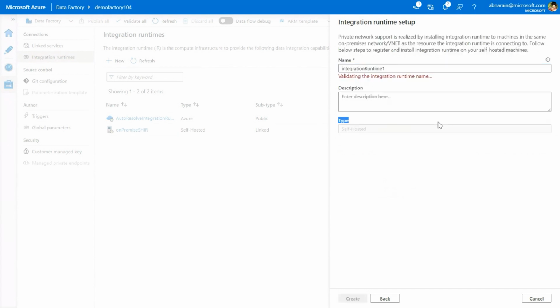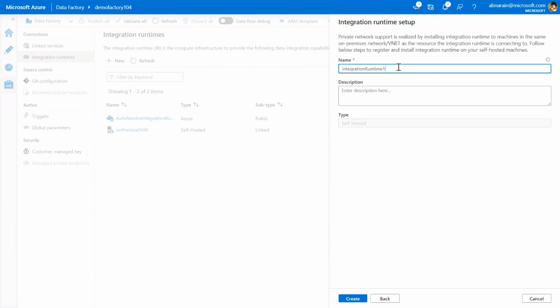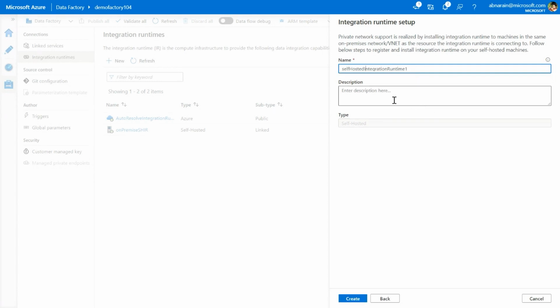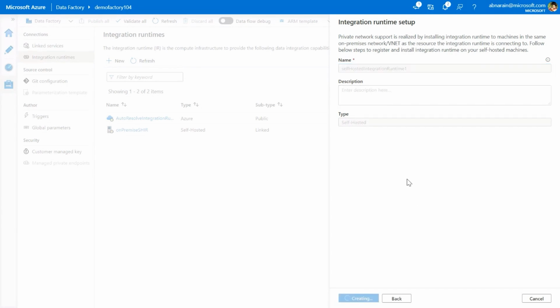So when you click on this, it just gives you a way to create a logical integration runtime, and you can call this self-hosted, just to be clear. Give it a description, you can see the type is self-hosted, auto-selected, and then click on this Create button.